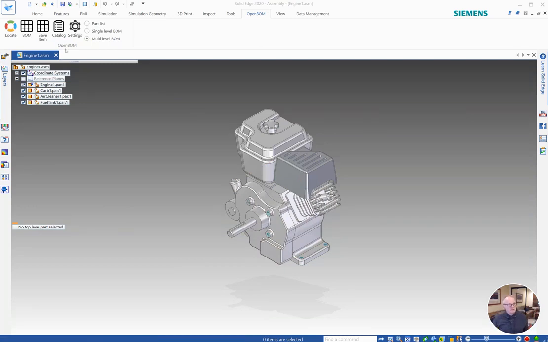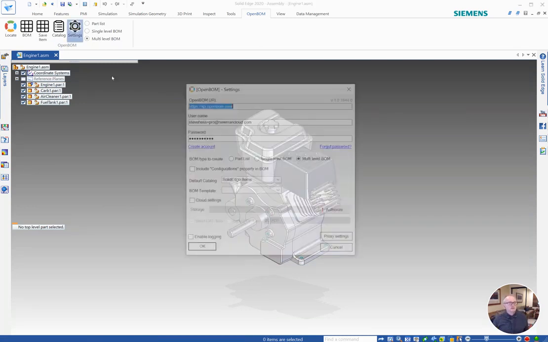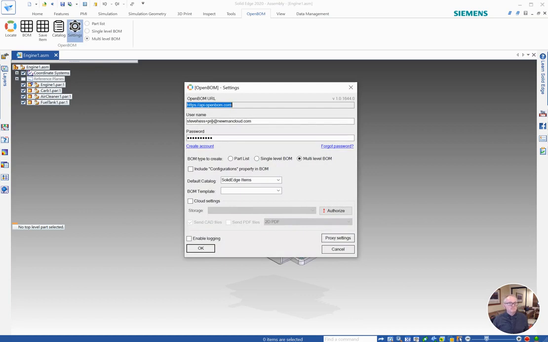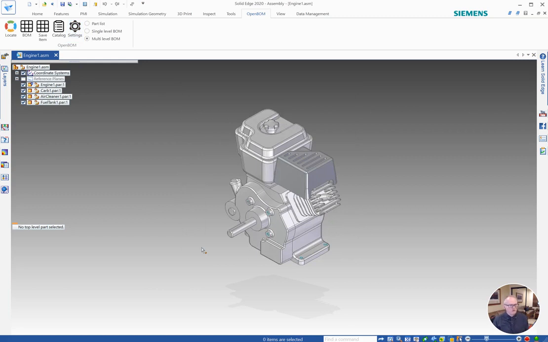If you haven't done so, the first thing you want to do is just click on the settings button and provide your username and password for OpenBOM. If you get a message that says you need to create a trial account, go ahead and follow that button and create a trial. There's another video on how to enable your free trial. So what we're interested in right now is the